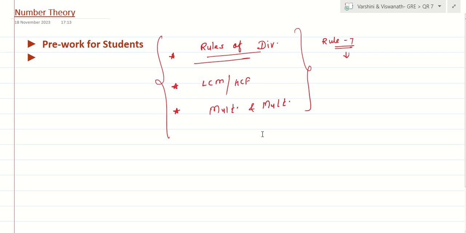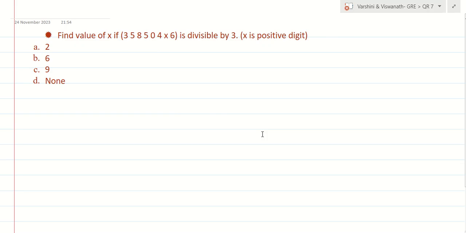Let's start solving questions based on number theory. Okay, this is the first question, a simple question. Find the value of x if